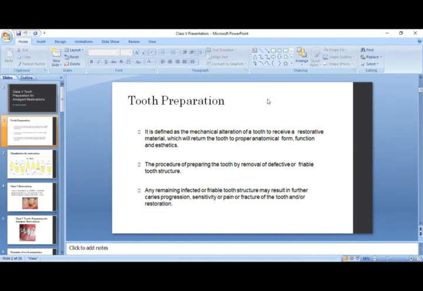Because if you leave the caries region, if you leave the defective tooth structure on the tooth, that basically causes harm. There are so many disadvantages if you are unable to remove that affected part, or you can say there are so many effects that lead to the decreased longevity of the